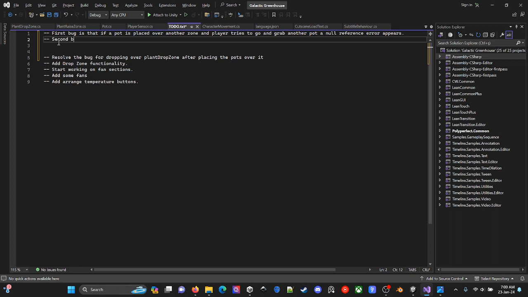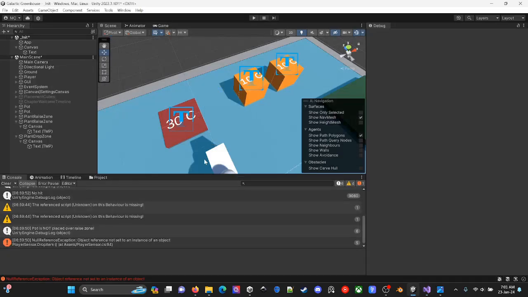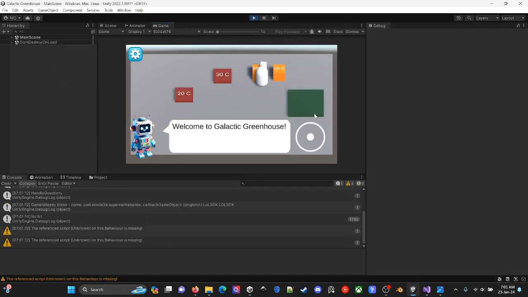The second bug is that if the player continuously presses grab and drop buttons, an issue arises. So these are the 2 bugs, and I'm still not trying to solve those ones, but first thing I want